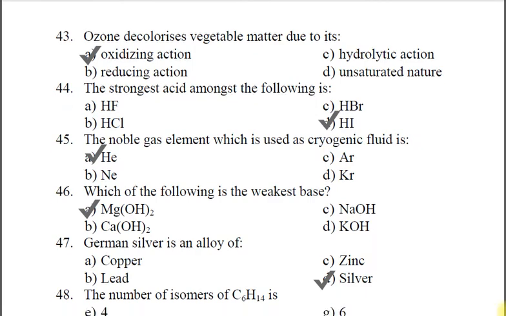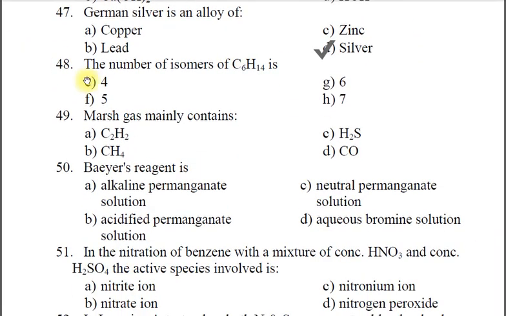Now moving to the next question. Question number 48. The number of isomers of C6H14 is. Now this C6H14 is hexane, and the number of isomers are 4, 5, 6 or 7. The correct answer is that it is 5. Hexane can show 5 isomers. And what are these? n-hexane,